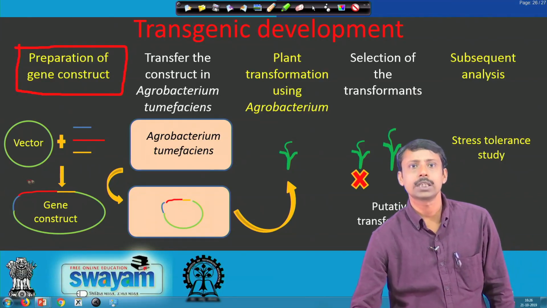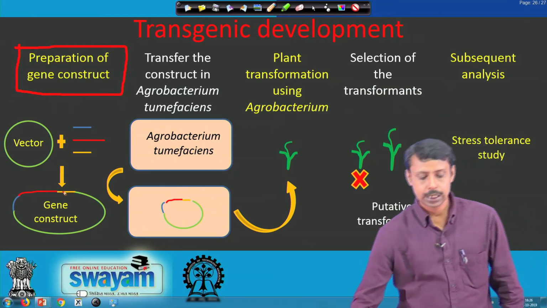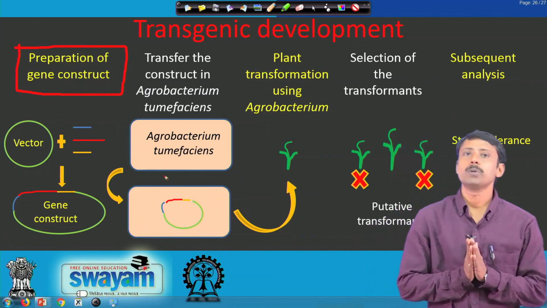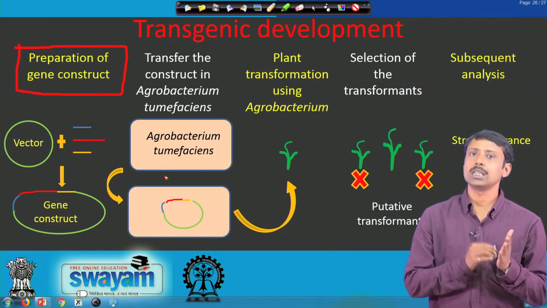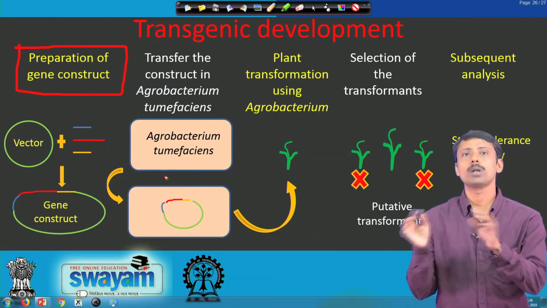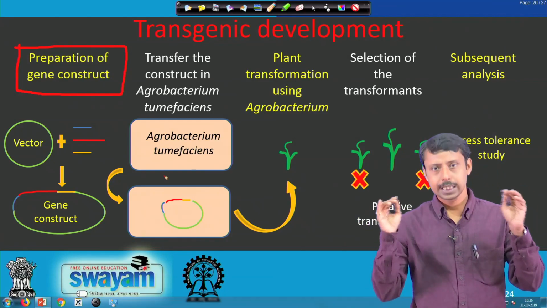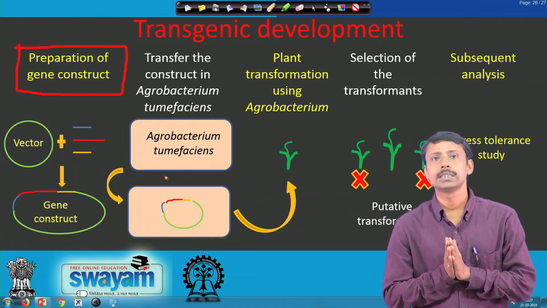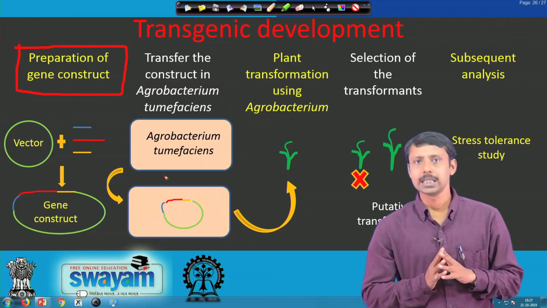So, first a gene construct is made, then the binary vector containing this gene construct is transferred into Agrobacterium tumefaciens. Agrobacterium tumefaciens is a soil bacterium. It has the ability to transfer a certain part of its tDNA or transferred DNA into the plant genome. So, if we place our gene construct inside that tDNA, then with the help of this Agrobacterium tumefaciens our tDNA will be transferred into the plant genome. This is a natural mechanism of this bacterium,